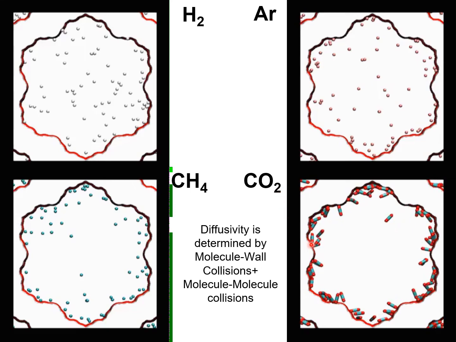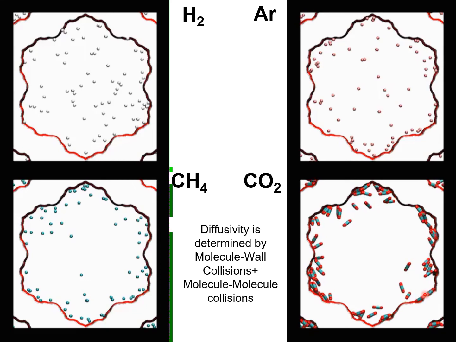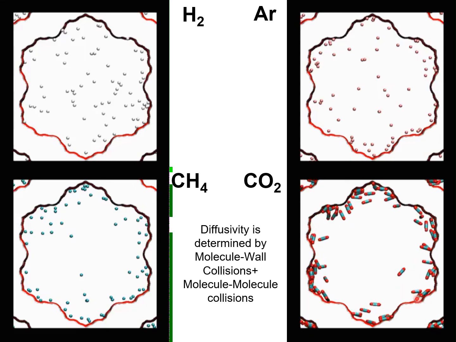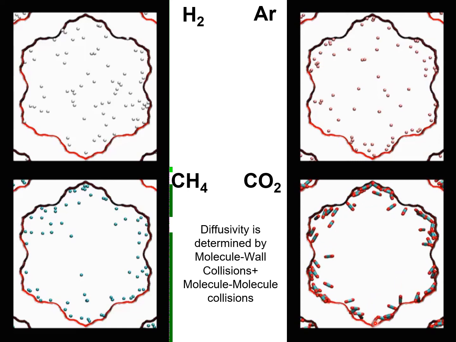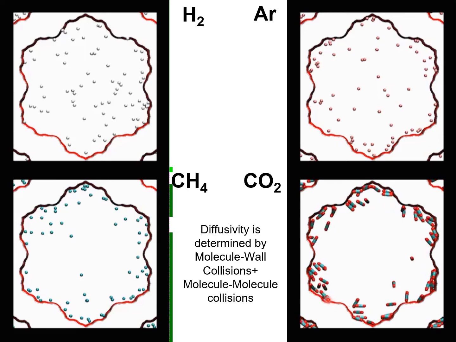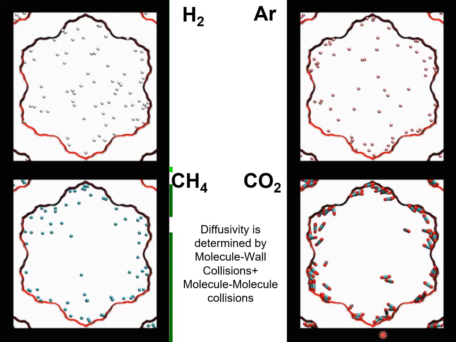For carbon dioxide, most of the molecules are close to the surface and suffer a biased motion, and the bias being in favor of motion along the surface rather than colliding with the wall and returning to the core region. You see only a very small fraction of molecules have entered the core region and experiencing